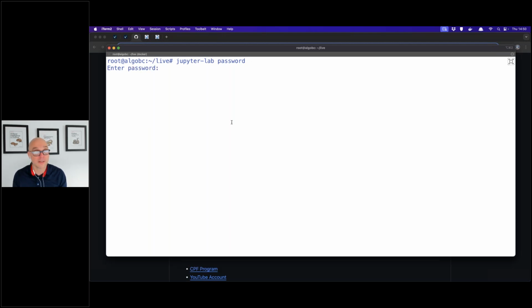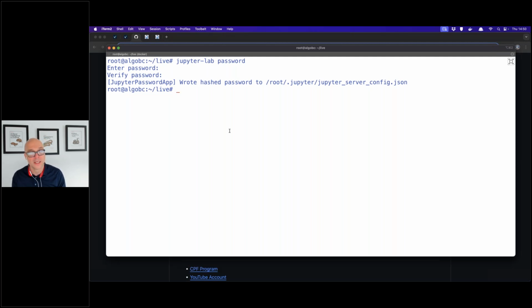And then you can define a password which gets you around the long token. This does not help you during startup, but if you want to reconnect to the server, then you can do it via a simple password. Think of a cloud instance. You log out, you want to log in again. You would rather do it with a password and not necessarily with a token, which is, I don't know,